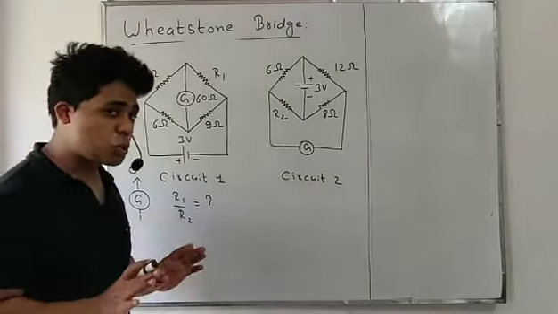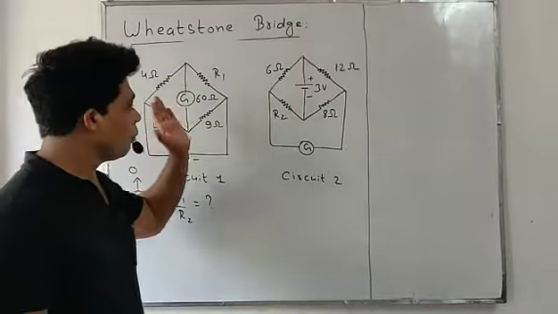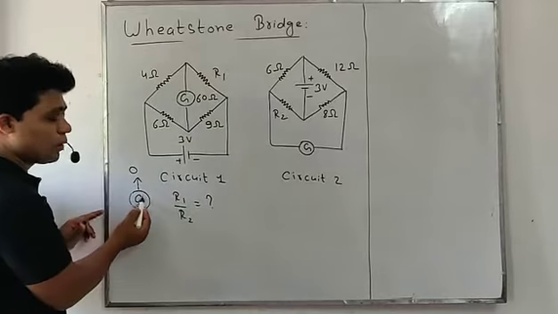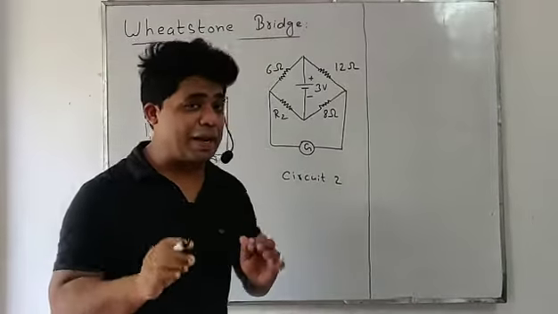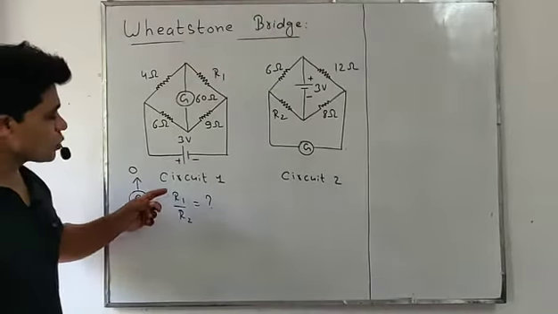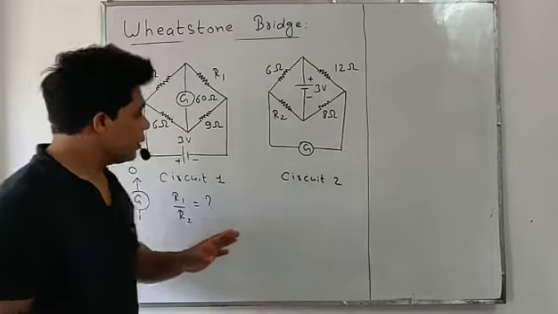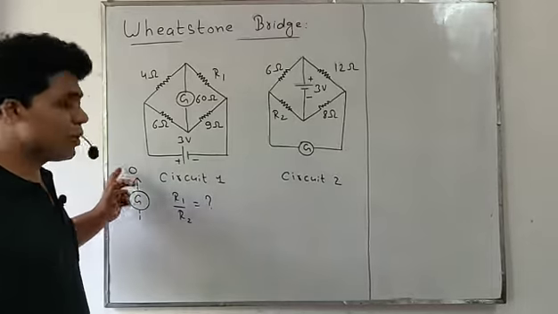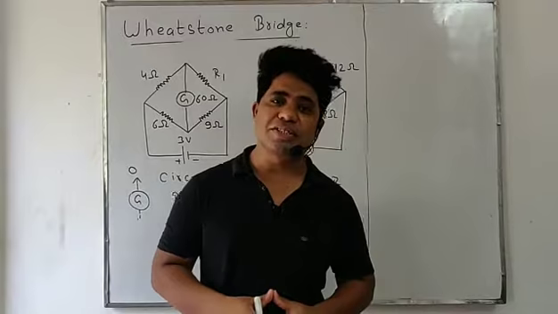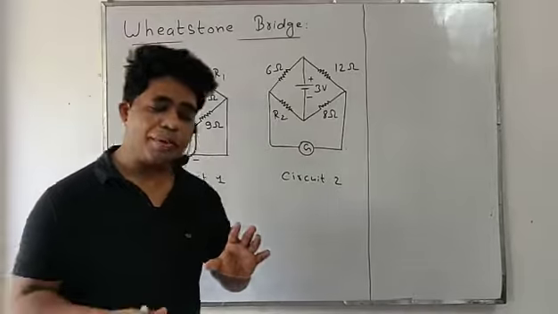And we are also given in this question, in both the conditions, that is an important point. We are given that in both the circuit diagrams, the galvanometer is showing zero deflection. It means both circuits are in balanced state. Wheatstone bridges are in balancing state. In that condition, we have to find the ratio of R1 and R2. This is R1 and this is R2. It should be clear, I think, that we are given in both the circuits the galvanometer is showing zero deflection. It means it is an indication that both the circuits are in balancing state. In this condition, we have to find the ratio of R1 and R2. So bridges are in balancing state.